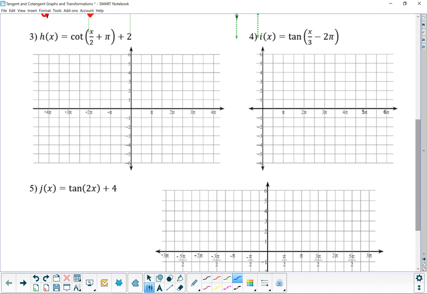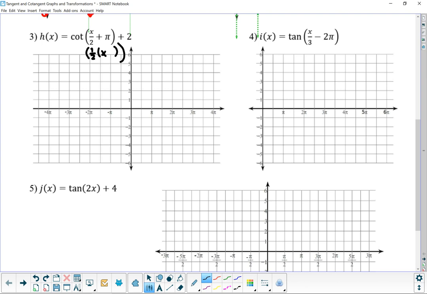Number 3. So this one has a lot going on. This one has a vertical shift of +2. This one also has a phase shift and a period involved. And I need to rewrite this right here. Okay, that's not the way that we need to write it. So we need to fix that into a more standardized form. So we're going to take out a 1/2, and we're going to be left with x,